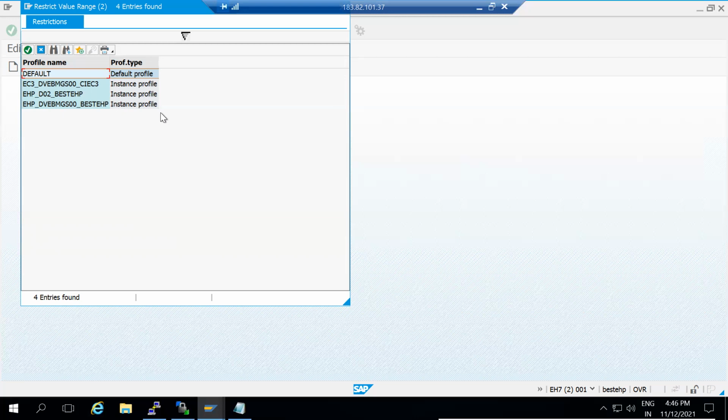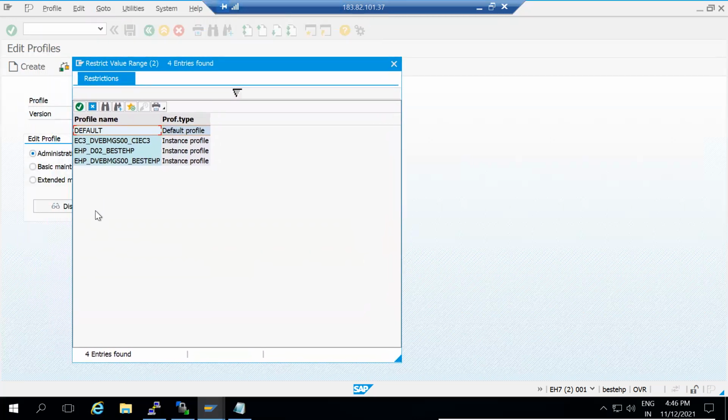Now, profiles are identified with SID, application server details, and last the host name.